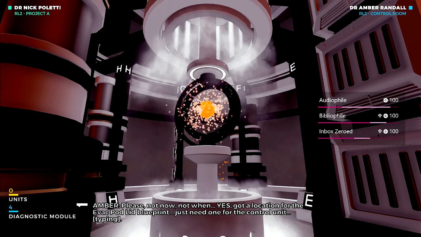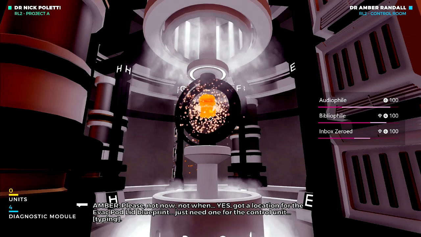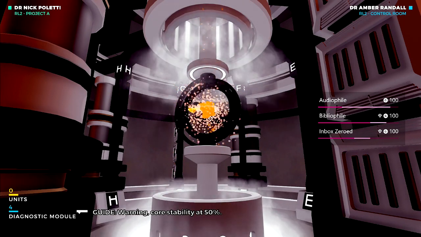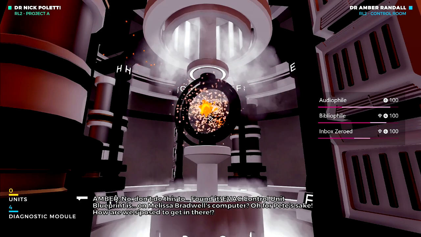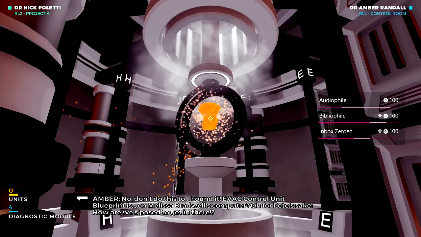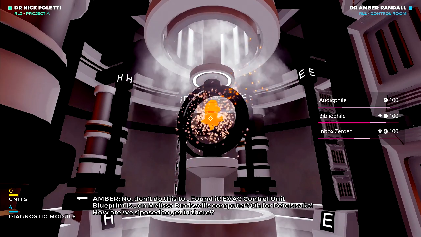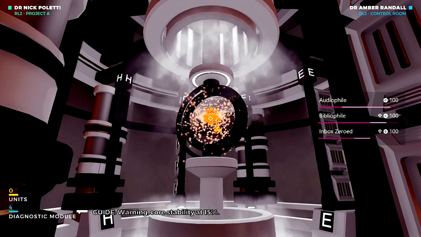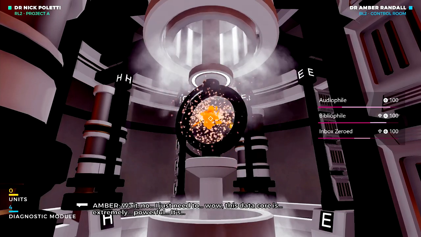Yes! Got a location for the Evac Pod Lid Blueprint. Just need one for the control unit. Warning. Core stability at 50%. No, don't do this to... Found it. Evac control unit blueprint is on Melissa Bradwell's computer. Oh, for Pete's sake, how are we supposed to get in there? Warning. Core stability at 15%. Wait, no, I just need to...